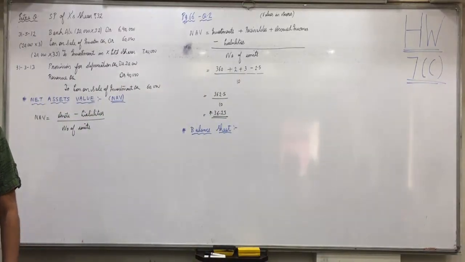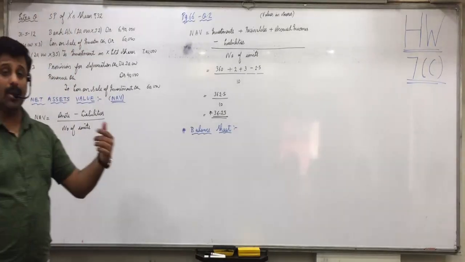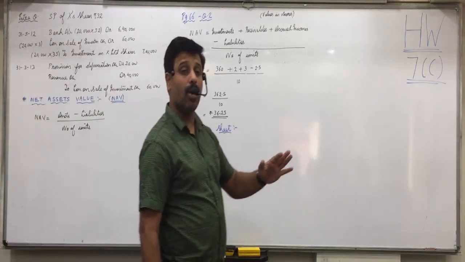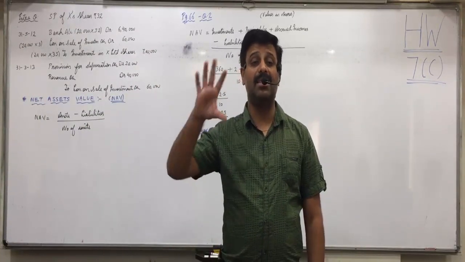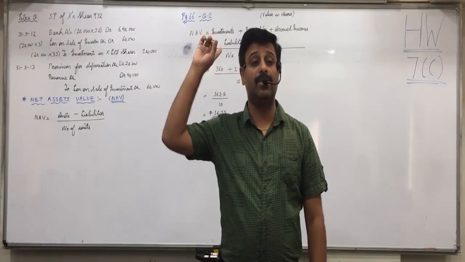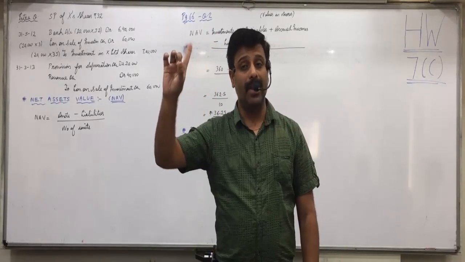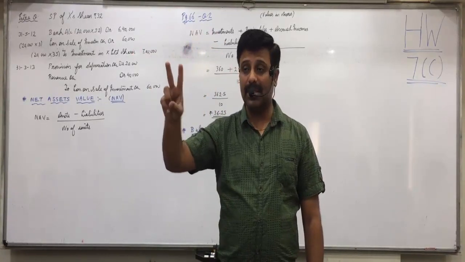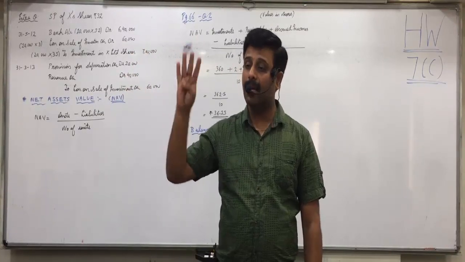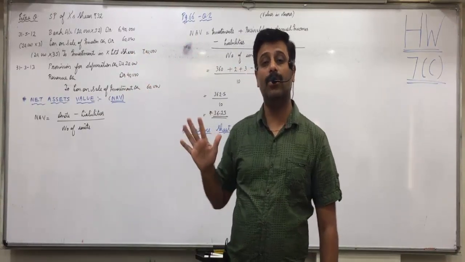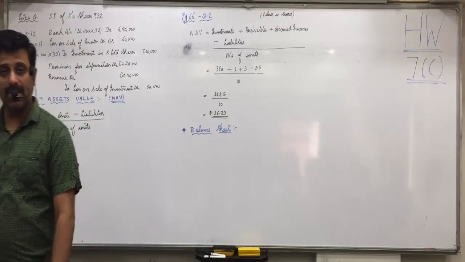Fixed assets will come at the end. And lastly, if any expenses are not written off, deferred revenue expenses, miscellaneous expenses which are not written off, will come as fictitious assets last. So once again, which are the five assets in order? What is the most important asset? Investments, then deposits, then other current assets, then fixed assets, and then deferred revenue expenses not written off. Did you understand this order, everyone?